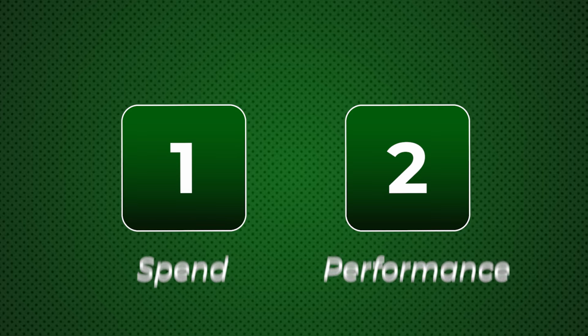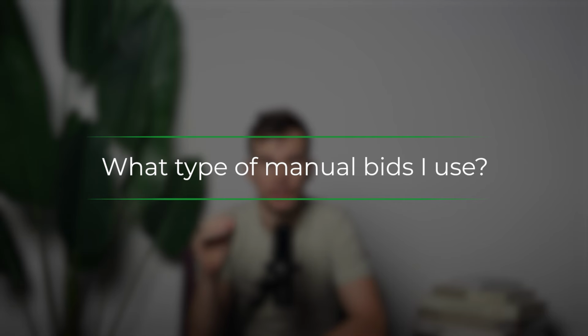Let's start. The thing is, when it comes to manual bids, there's two main things you should worry about. One, spend. Two, performance. Your goal is to find a sweet spot between those two, and there are only 4 potential scenarios that could happen. I'll break down each of the steps a bit later, but let's start with what type of manual bids I use